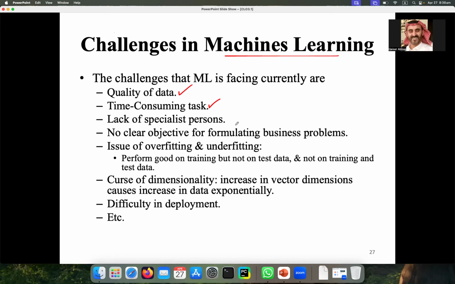And then the other thing is lack of specialist persons. Normally around us, there are many people who present this slogan that we are experts of machine learning, but actually they are not. They are only saying those slogans. So actually, we have a lack of specialists in this field.